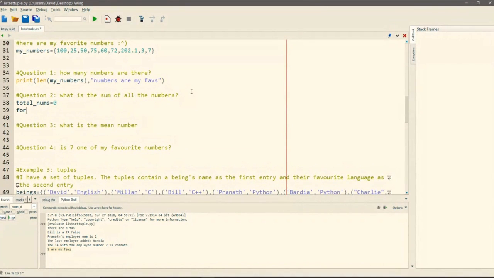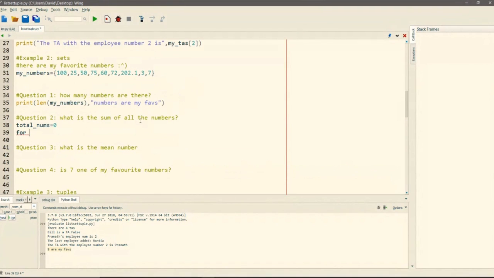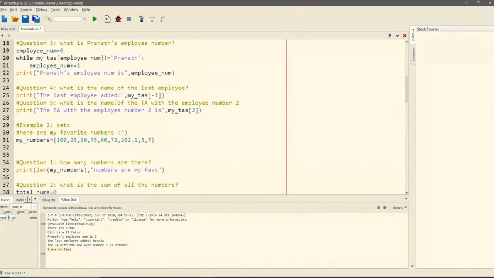Then we're going to want to do a for loop. But we can't do it in range too well at all because sets don't have indices like you would with a list. And even then, the indices are random, so you wouldn't even want to touch that. What you can do, however, is you could go for num in, let's see, what did I name it?